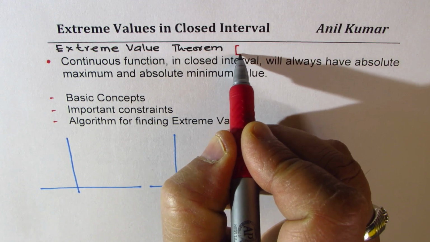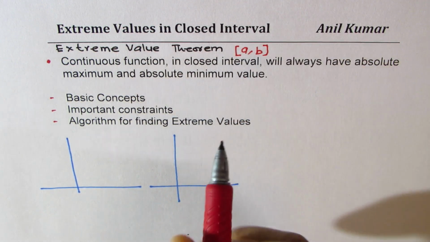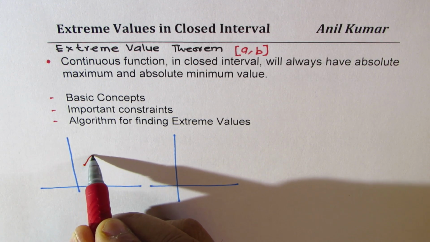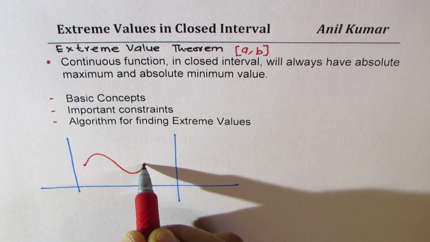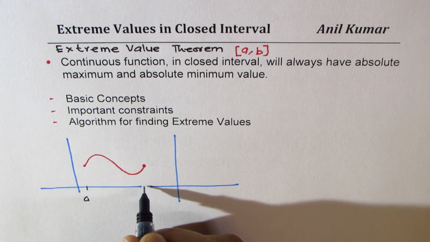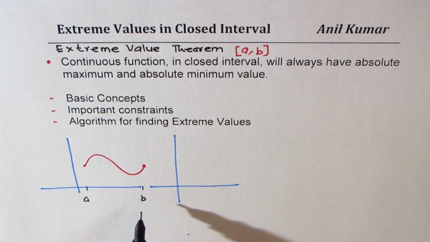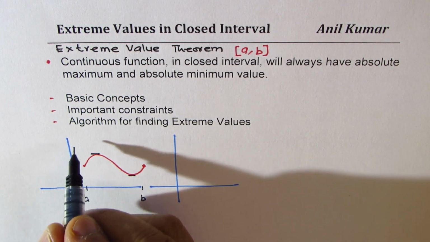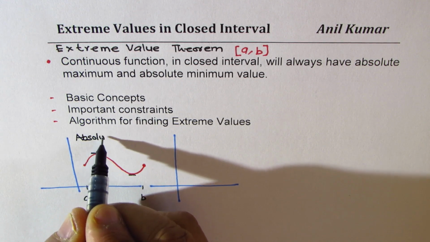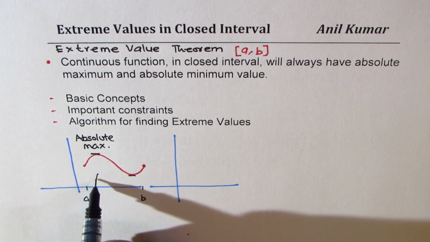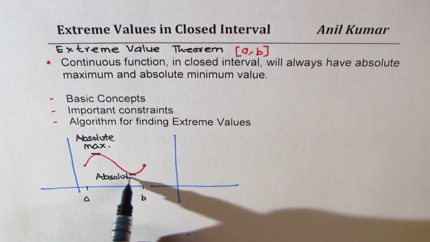Closed means including both endpoints, which is normally shown with square brackets. Continuous means without a break. So if between A to B we have some function, let's say kind of like this, where these two endpoints are A and B, in that case, you will always see that we have one value which represents absolute maximum, and there will be another value which will represent absolute minimum,